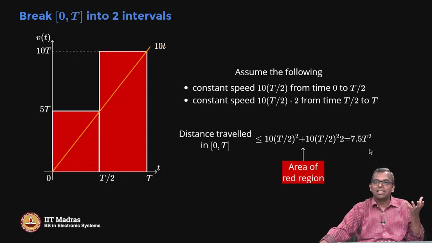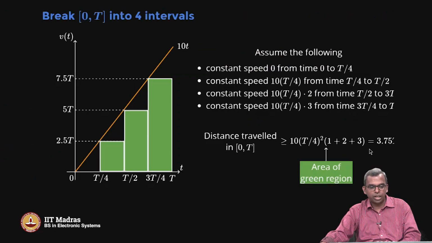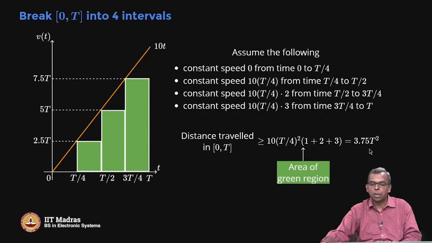Can I make it better? How do I make it better? Instead of doing 2 intervals, we can do 4 intervals, isn't it? If you do 4 intervals, what happens? This is what I am doing here. So, the calculation is a little bit more involved. I will leave you to look at it when you are interested. But basically, if you do 4 intervals, the distance travelled is this green area, okay,